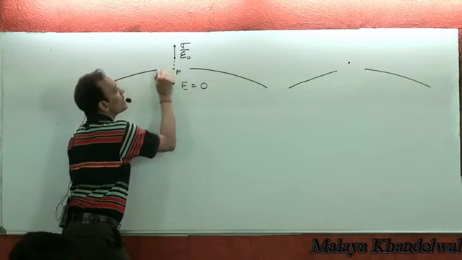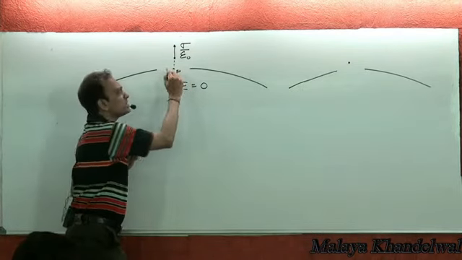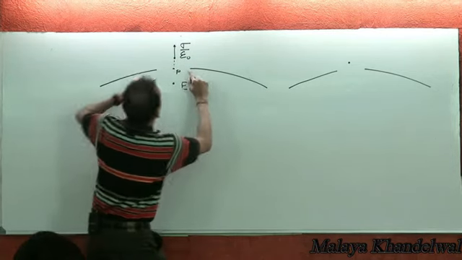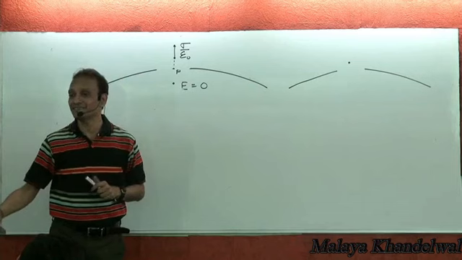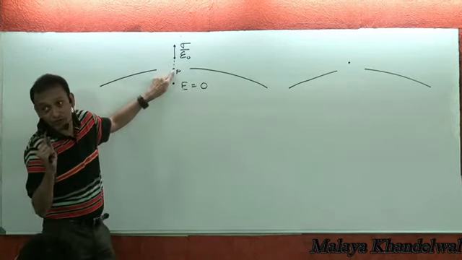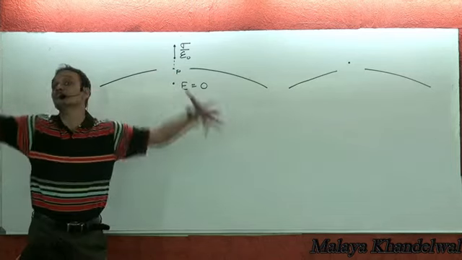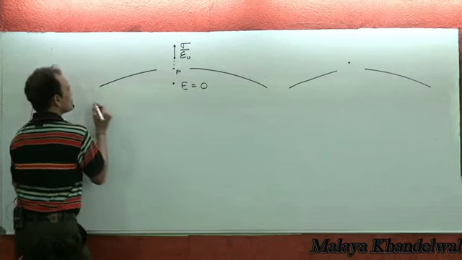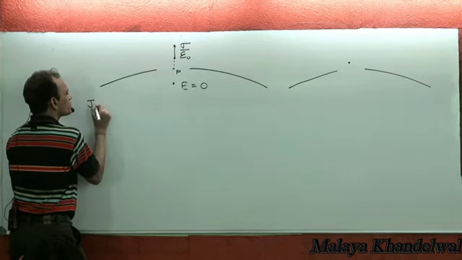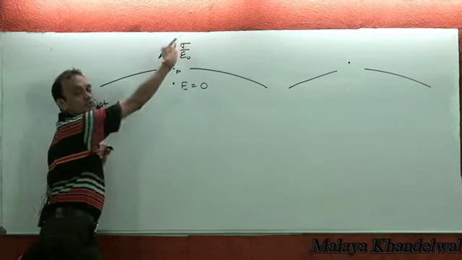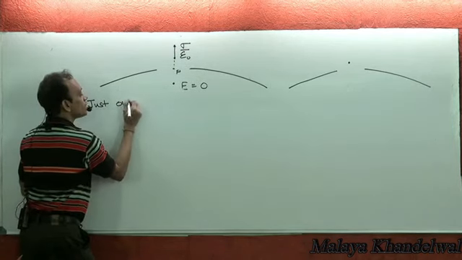One, because of the charge on dA surrounding P, and because of charge on the rest of the conductor. That's a net electric field, right? Say, just outside P, this is the inside of the conductor, that's the outside of the conductor, right? Just outside P,